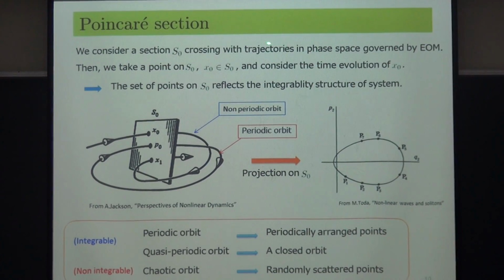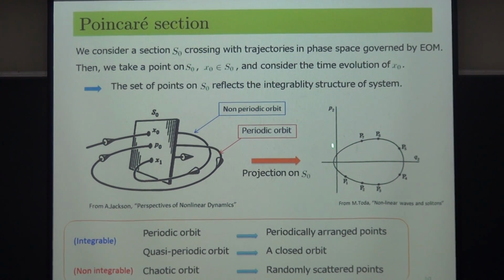And now I'd like to show you how to draw a Poincaré section. First, we consider a section S0 that crosses the trajectories in the phase diagram governed by the equations of motion. Then we take a point on S0, say x0, and consider the time evolution of x0. Then the set of points on S0 reflects the integrable structure of the system. For example, if the system is integrable and the trajectory is periodic, then